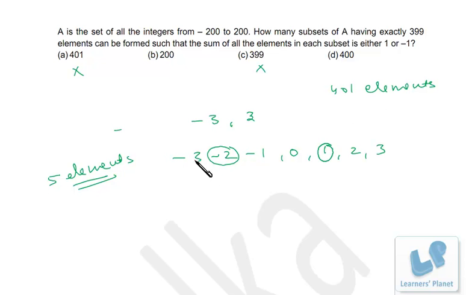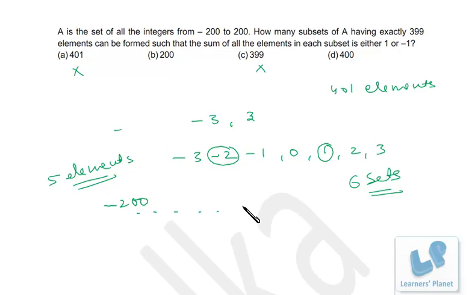So first of all we dropped minus 3, then we dropped minus 2, similarly we can drop minus 1, right? So here we'll be getting 3 sets, similarly here we'll be getting 3 sets. So in all there will be 6 sets, right? If there are 7 numbers, we'll be getting 6 such sets, right? And 3 times we'll be getting minus 1 as a sum and 3 times we'll be getting 1 as a sum. So the same funda if I apply on 401 elements when I'm making the combination of 399 elements in each set, I'm starting from minus 200.